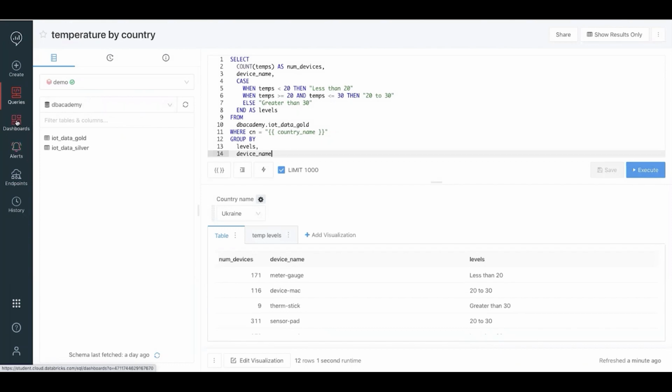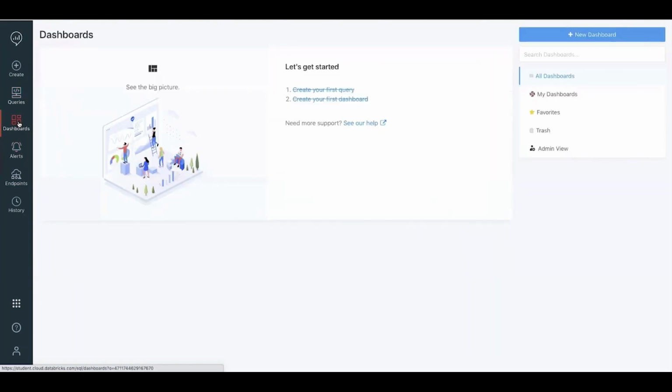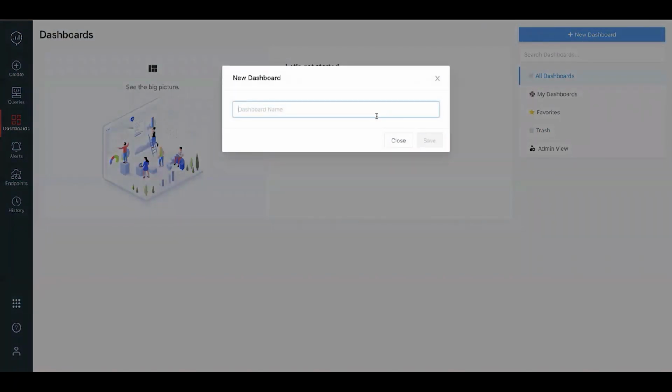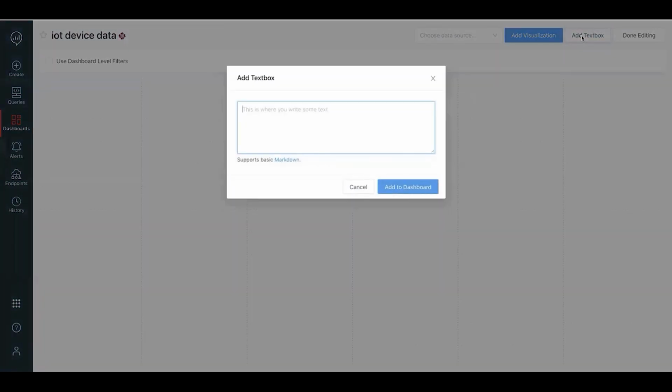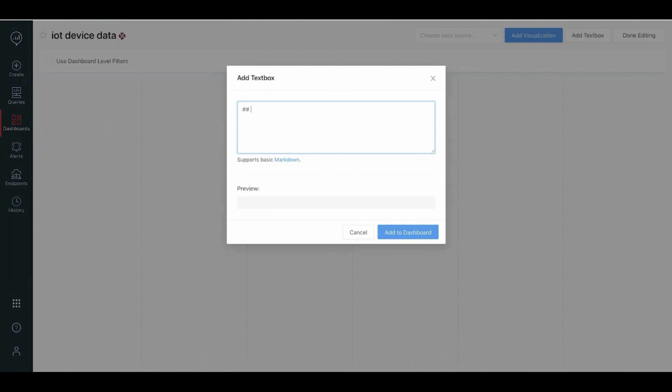So I'd like to add them to a dashboard so we can keep track of this information. And I don't have any dashboards yet, so I will create a new dashboard. And I'm going to call this IoT device data. Great. So this brings me into the edit mode of my dashboard. You can add a text box here if you want, and that's good for describing your data. This supports basic markdown, so you might have something like